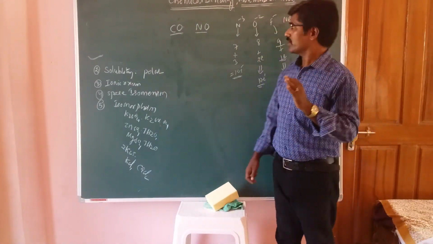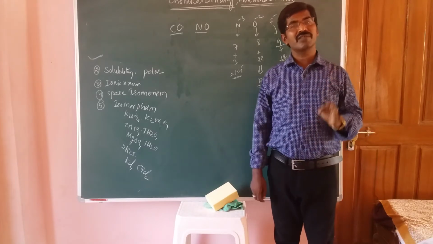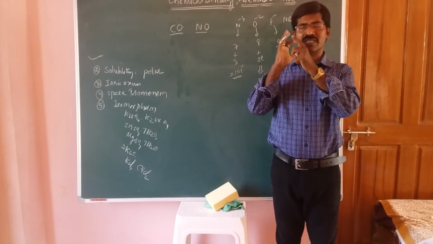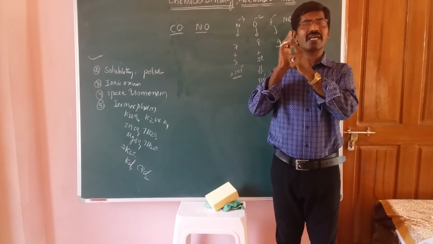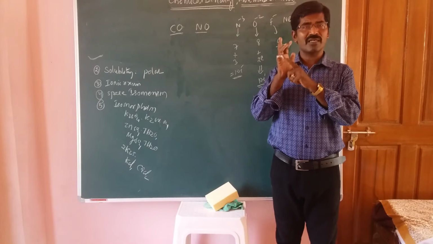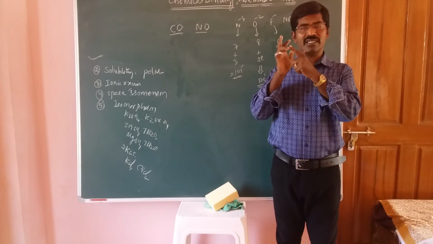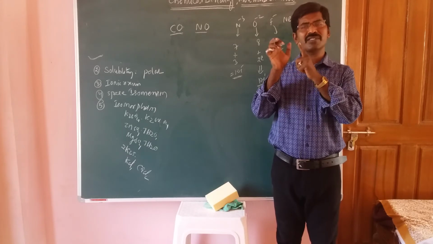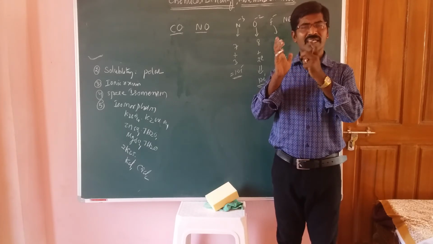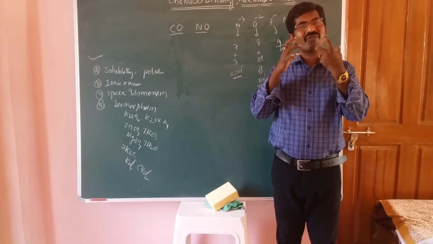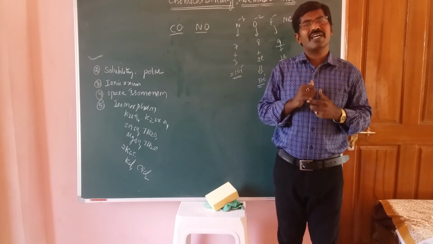Now these are the characteristics of ionic compounds. Okay, students. Yesterday we saw different types of molecules. First of all, ionic bond formation is by transfer of electrons. Okay, examples: NaCl, MgCl2, CaCl2, K3P. Okay, students, these are the examples. And the next one: what are the factors favorable for the formation of the ionic bond?